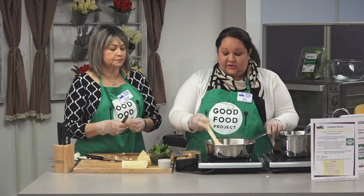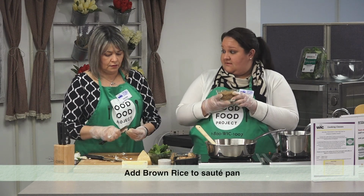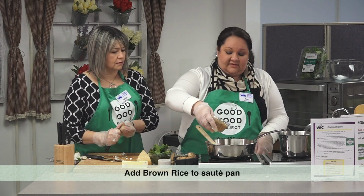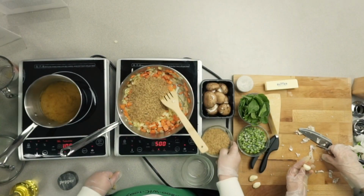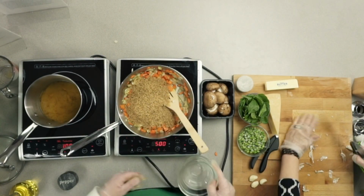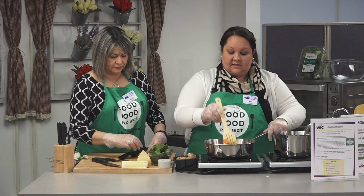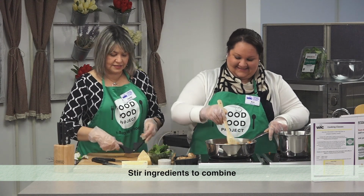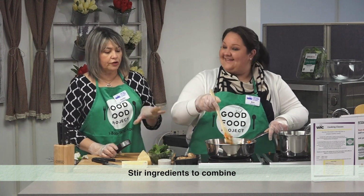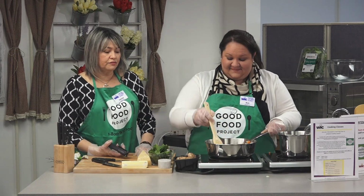Okay. So I'm going to toss the rice in. Again, this is the minute rice. I'm just going to toss it in, let it get coated with everything in there. So this is whole grain minute rice, right? It is. It's brown rice. I'm going to stir it for a minute. That looks like the way I make my rice. Yeah, that's exactly how I make it. Oil, I put the onions. I do put the garlic before, but...